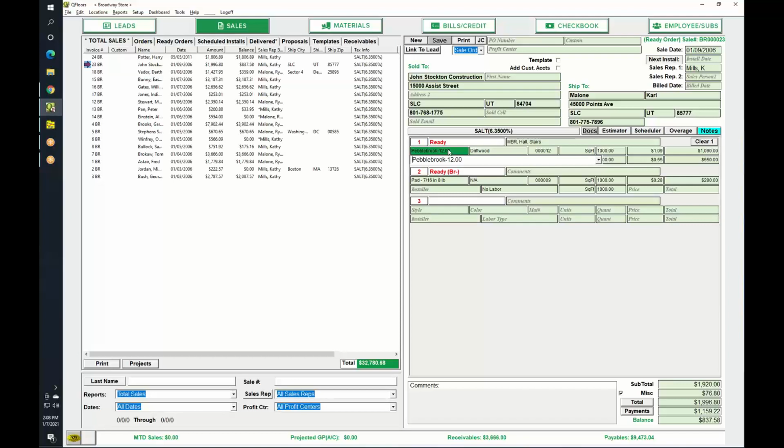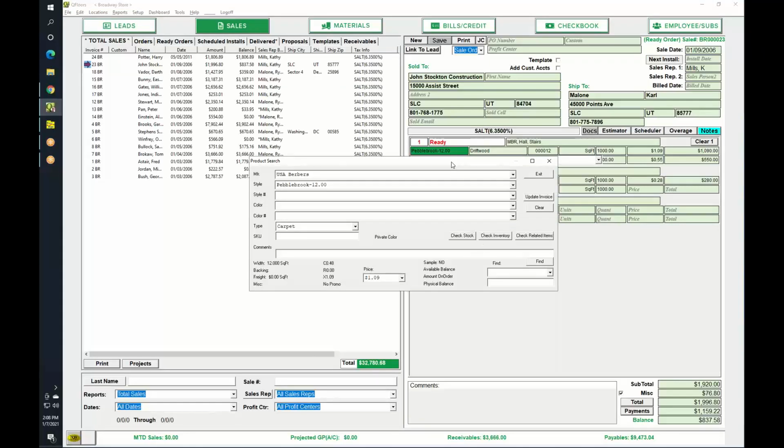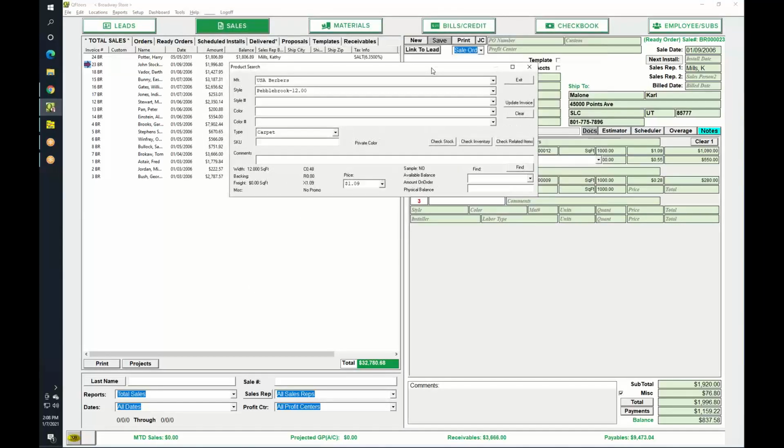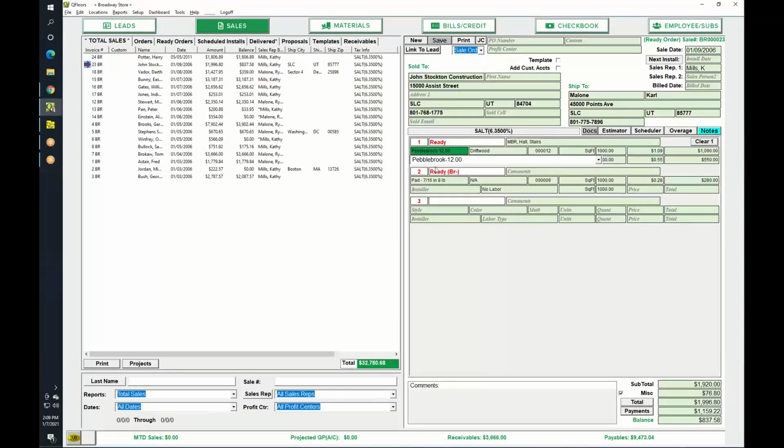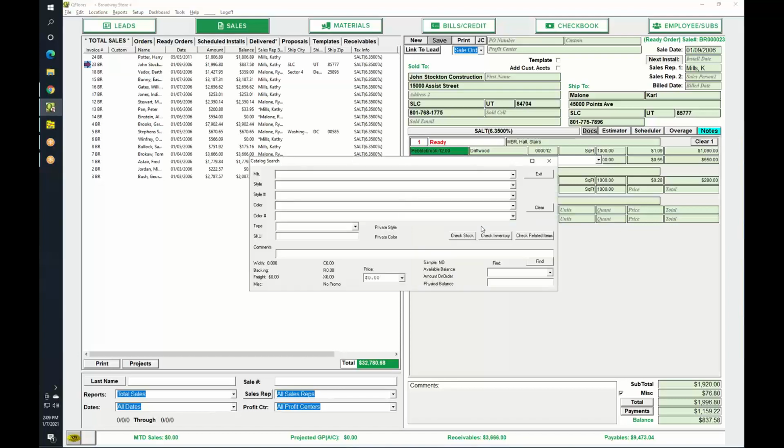But now if you get on your new version of QFloors, you should see these features. So when you double click on the style field here, you'll notice the product search window comes up. I believe you can also get there by doing Control F6. That's the hotkey to bring up this